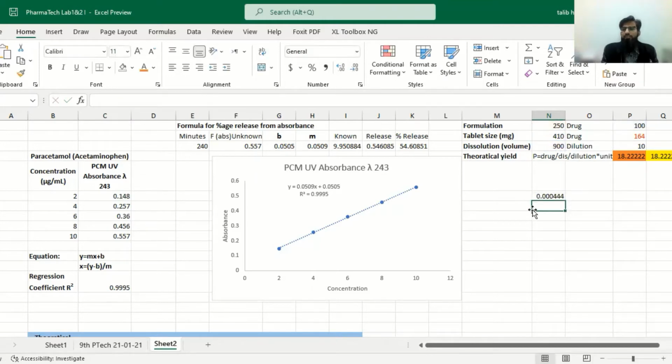It will give a response which will be the concentration per ml. For example, 1 ml contains this concentration.